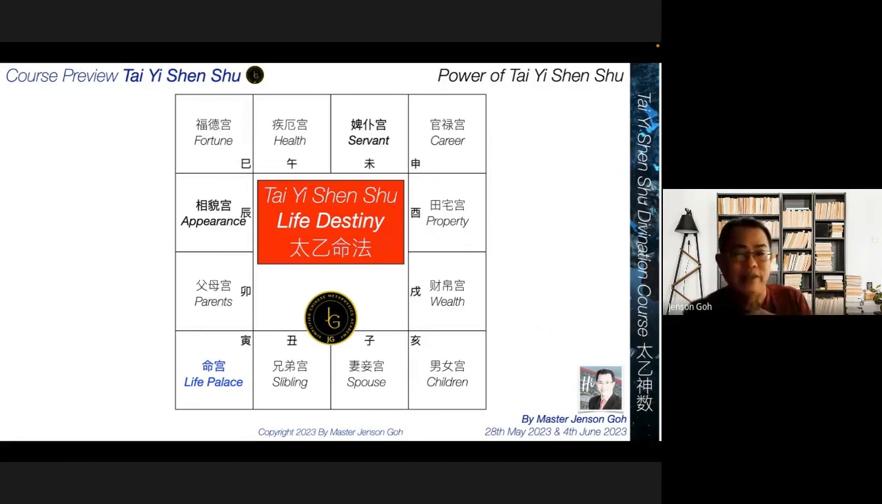And if you realize one thing, in Tai Yi Shen Shu you do not have the friend palace. The friend palace has been replaced with the servant palace. The next one, you do not have a travel palace in the Tai Yi Shen Shu. The travel palace was replaced by the appearance palace. So these are the only 2 that are different. Of course, the other 7 palaces, the arrangement is different from the Zi Wei Dou Shu. Okay, the one thing good